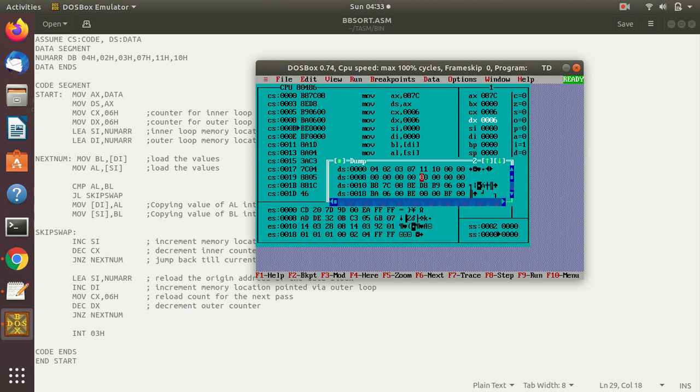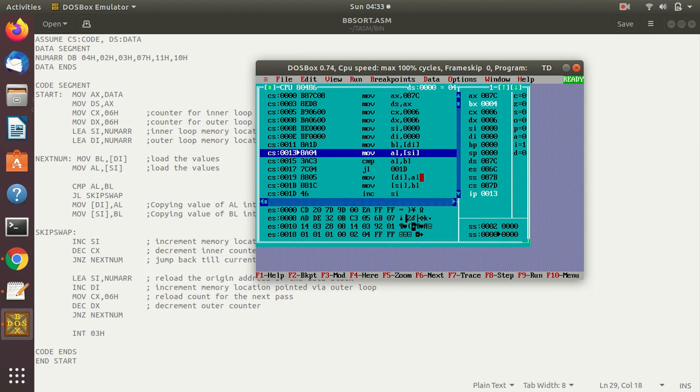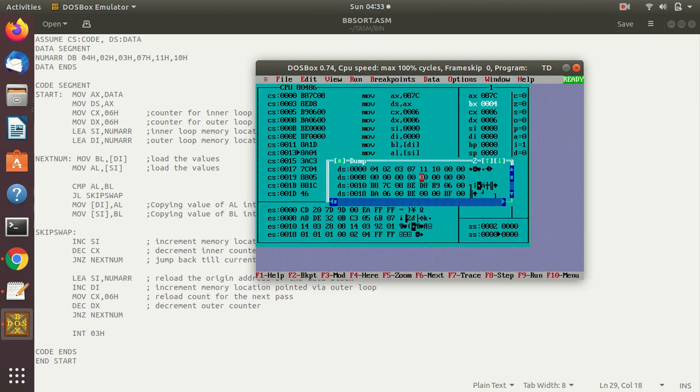Yeah, see, both are loaded at 6 and now the BL value will change. The BL value will now be 04. Okay, lower pair, see here 4, and now the AL value will also be 04. F10 dump.